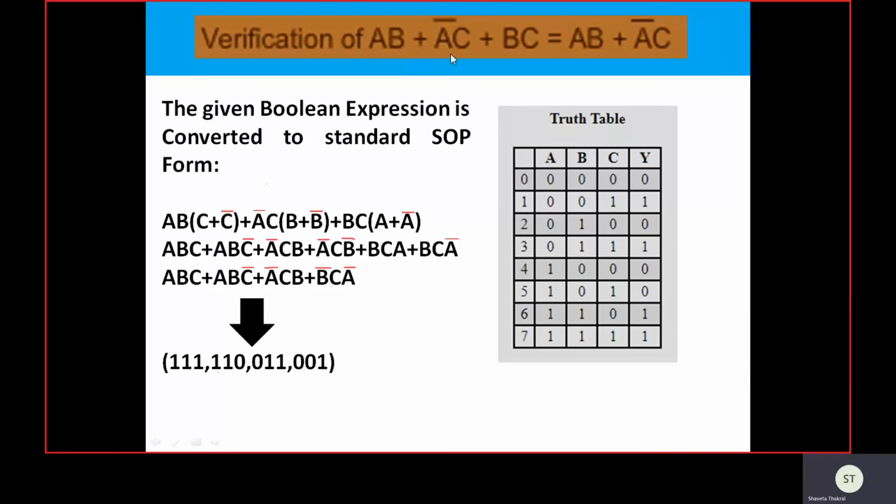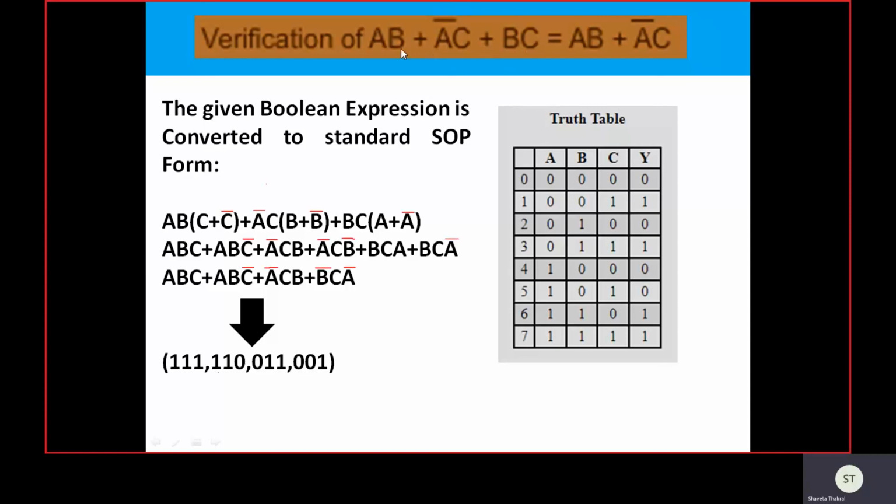Here B is missing, and here A is missing. A particular SOP form is considered standard if all the product terms contain all three variables, either in the true form or in the complement form. Here the two variables are in the true form. Here one variable is in the complemented form and the other is in the true form, and here the two variables are in the true form.